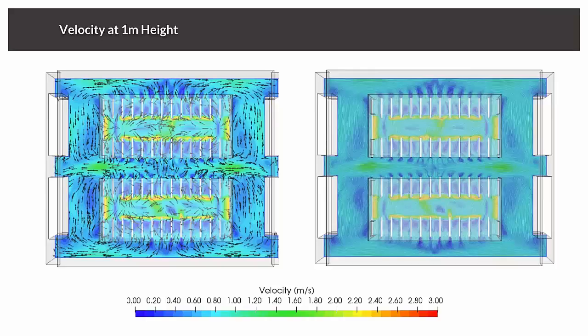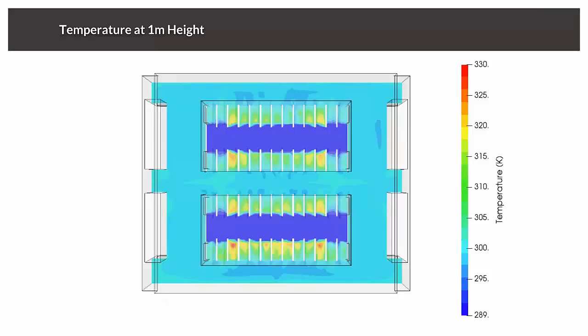Right now we are looking at the velocity plots with some streamlines and with some LIC representation of the vortexes, plus visualization of the flow direction. You can see that the velocity is significantly higher. Most of the velocity is being pushed through the fans, or the virtual fans, that we introduced into our system. Here is another take on the temperature profile,